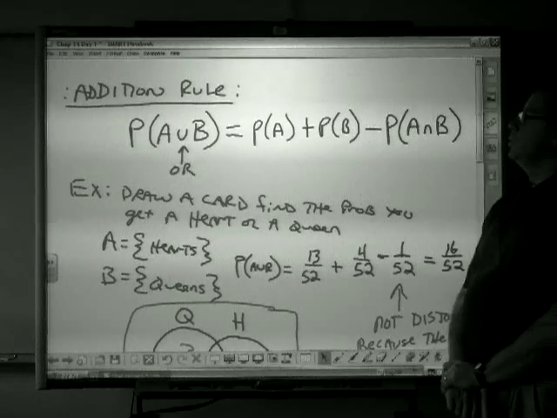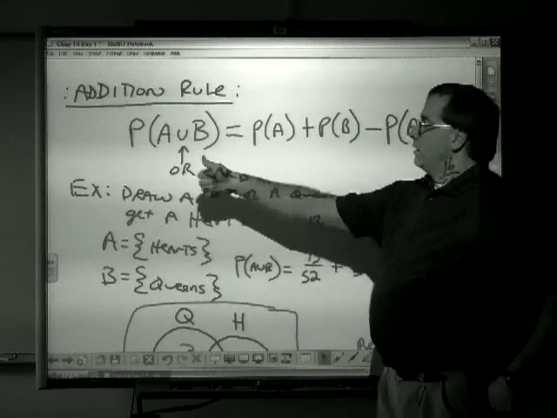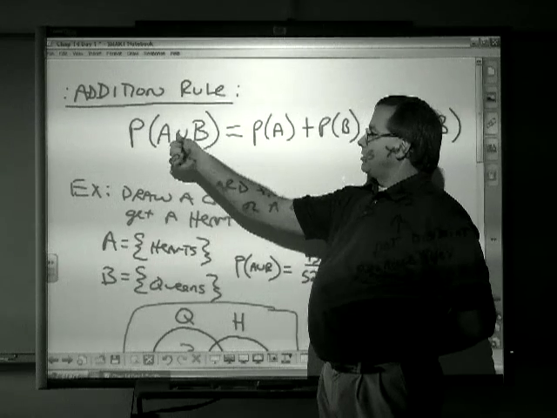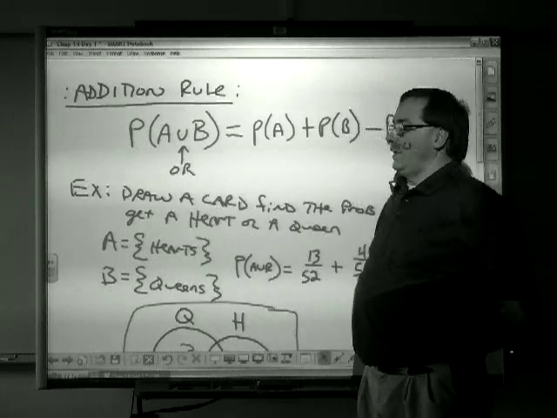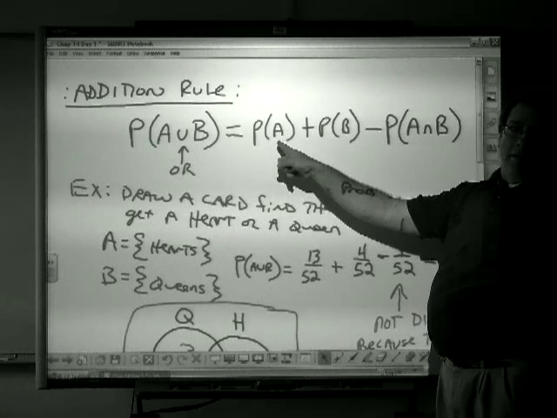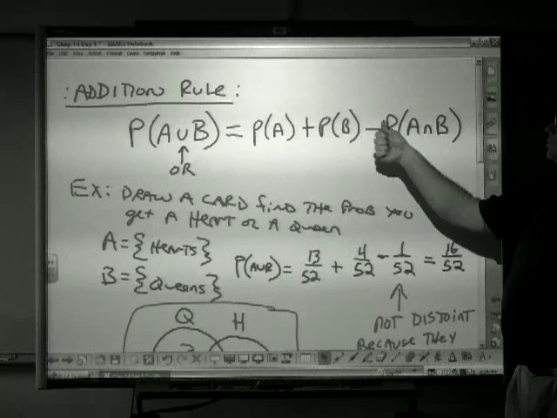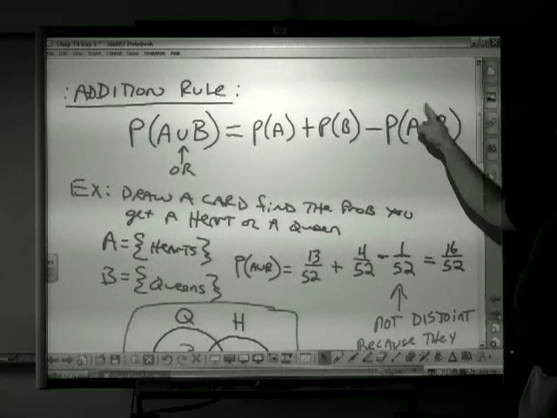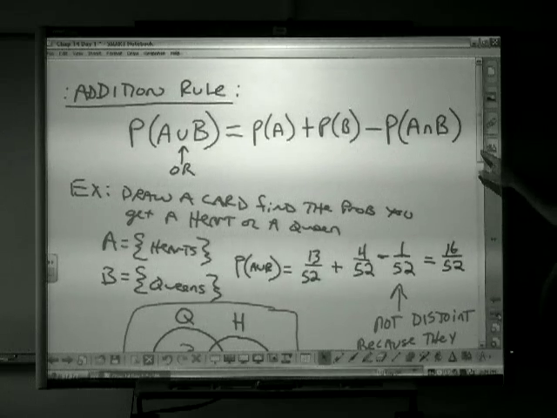Next, the addition rule. And you guys had the addition rule in earlier grades, but we're going to recap it again. The probability of A, and then this little symbol ∪ means or, B happening. A or B happening. Well, it's the probability of A happening plus the probability that B happens. But you have to subtract off all the things that are in A and B together. All right? So for example,